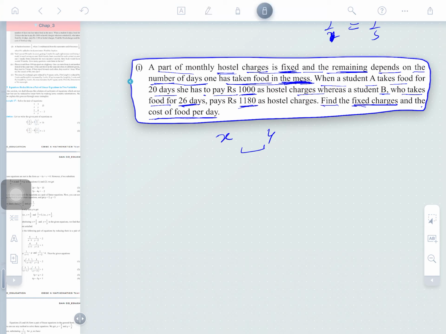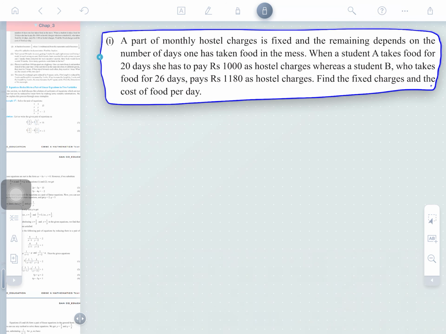So what is the last line saying? Please tell me. The last line here says: find the fixed charge and the charge per day. Is that clear, guys? So the technique of solving, solution number 1: find the fixed charge. So you will suppose, let the fixed charge